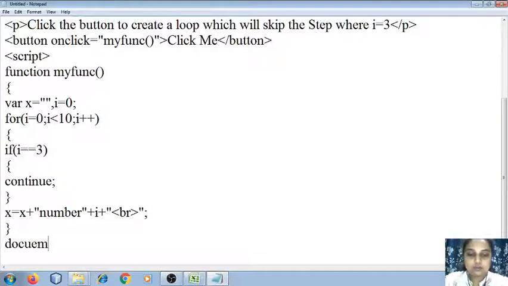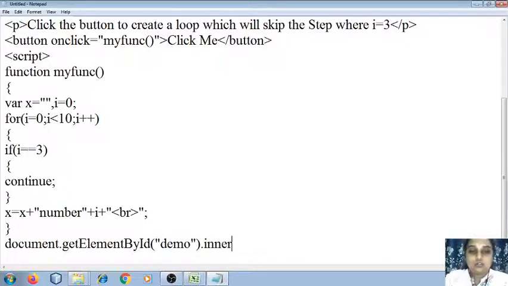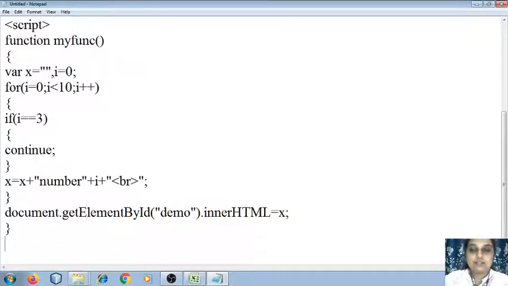And then I'm going to display this as document.getElementById demo .innerHTML is equal to x. All right, and then I'm going to close this one, close the script tag.